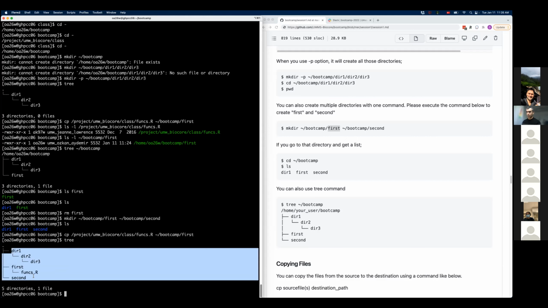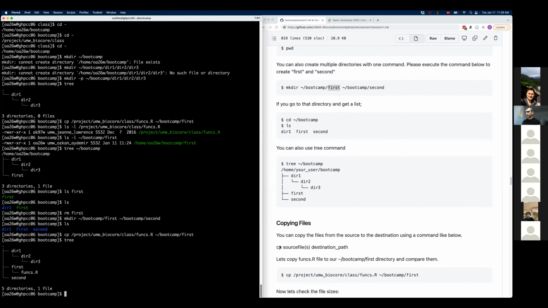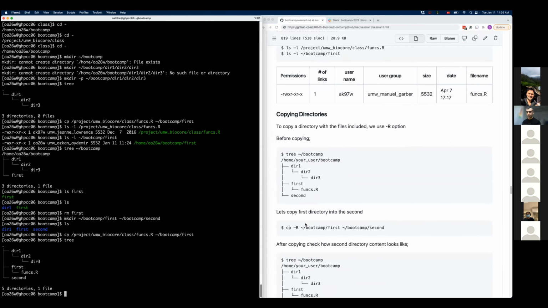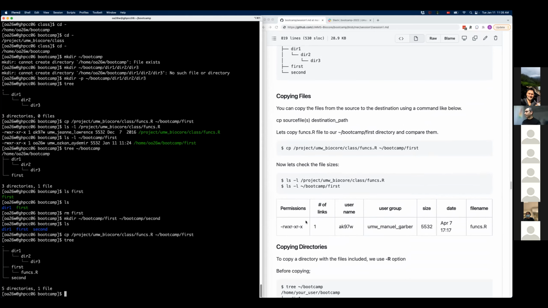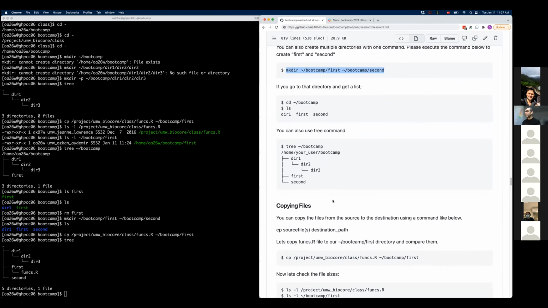So hopefully your tree command looks like this now also. I only have first. I don't have something that says second. So if you copied this, yes, you've probably followed my instructions before, and didn't create these folders, right? So that's my mistake. And if you have done that, please follow these